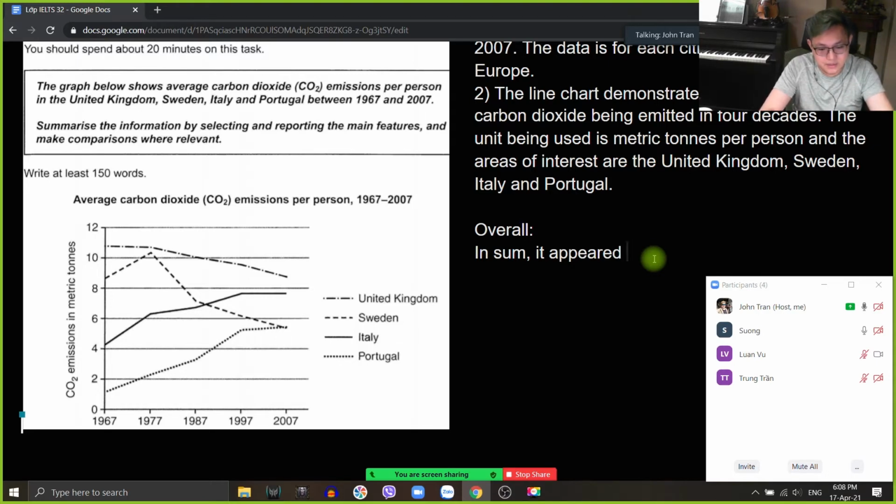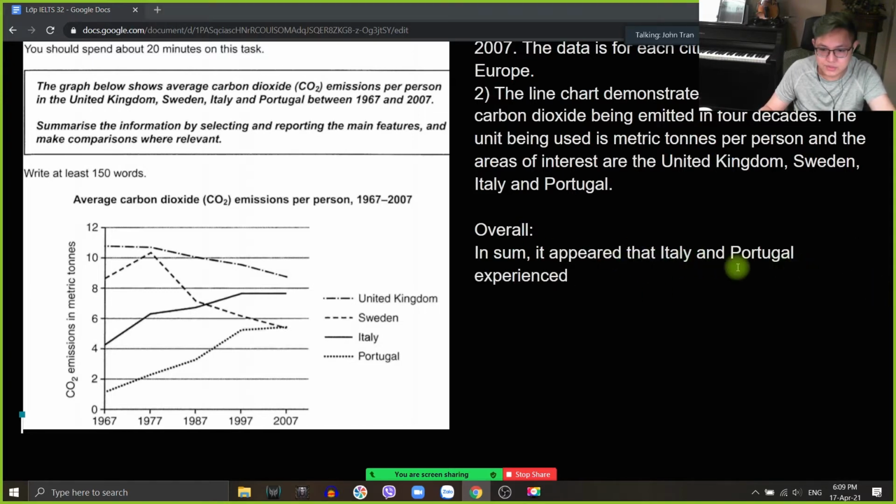Okay, in sum, it appeared that Italy and Portugal experience. Có vẻ như rằng Italy và Portugal trải qua. It appeared that Italy and Portugal experience an increasing trend. Trong khi while